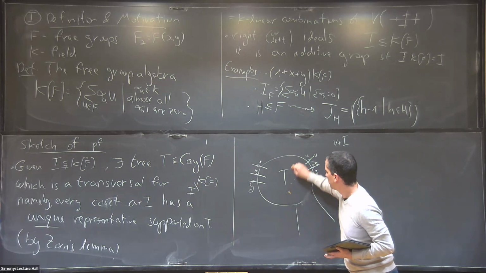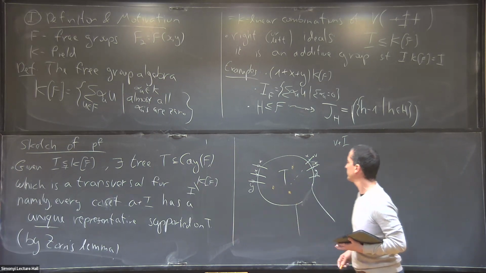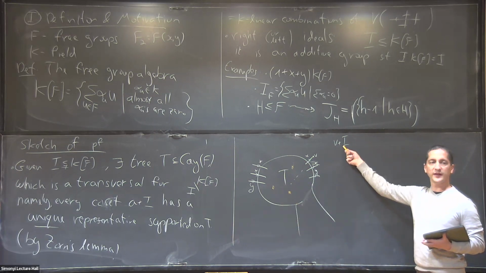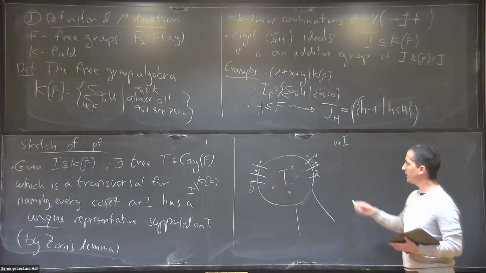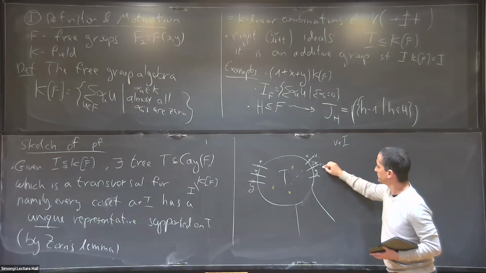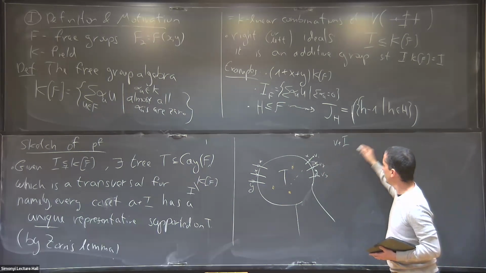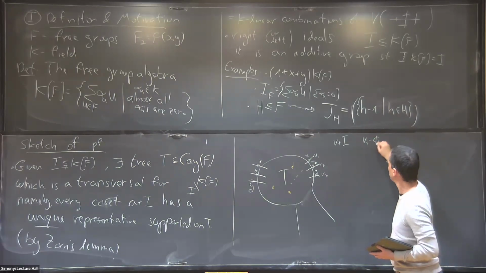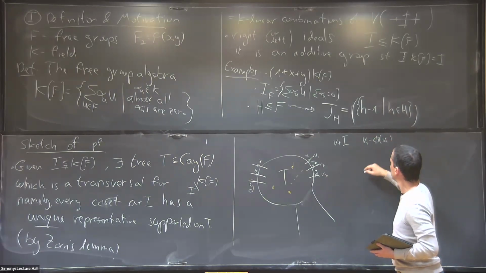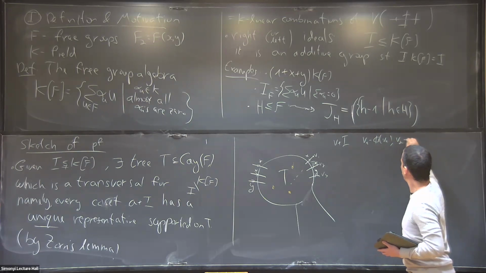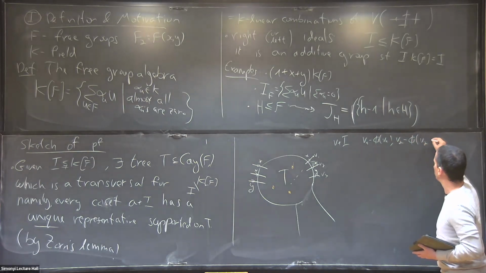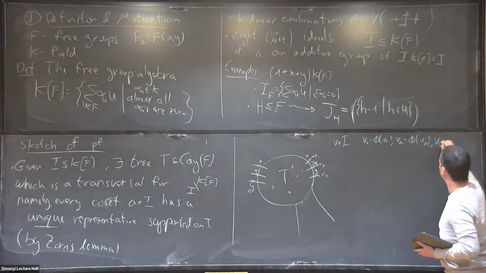Let's say 2 times this plus 3 times this minus this, which is equal to this element. And it turns out that if I take V1 minus this linear combination, and V2 minus the linear combination that corresponds to V2,